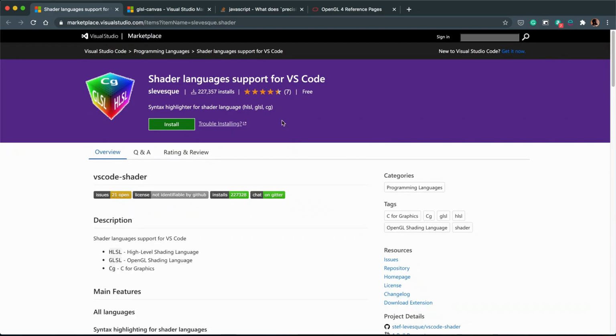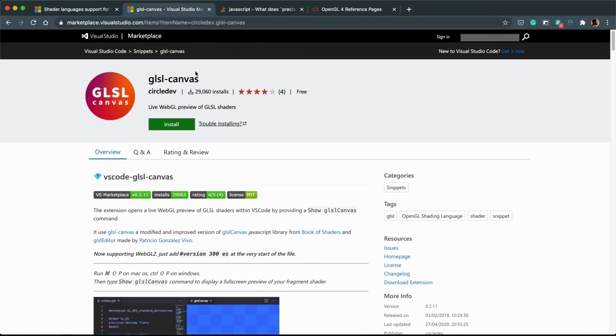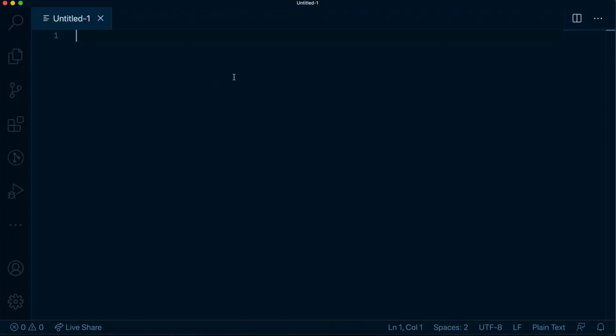This plugin is required to enable syntax highlighting and all those good things for GLSL, which is what we're going to use. And you'll also need to install the GLSL Canvas, which will use WebGL to display our shader inside VS Code. So once you have those two plugins, let's go into our text editor and create a file